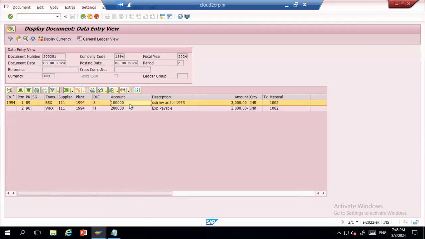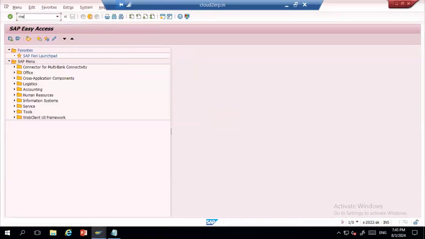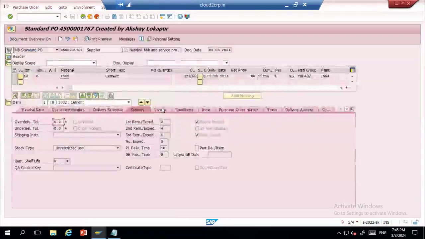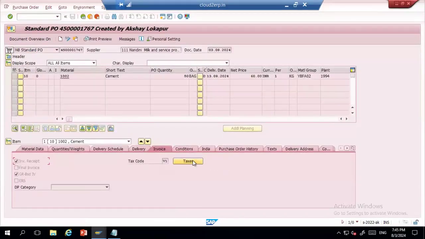Venkatesh, can you please show again how it looks in the PO once tax is applied on a particular material? Yes, in the PO. When you click on this taxes, there is some finance configuration missing. As soon as you put the tax code here and click on taxes, it will take you to another screen where you will see the tax values. As an MM consultant, our job is to get the tax code applied in your purchase order. It is getting applied, but the values should come from finance and will get loaded in your taxes tab here.